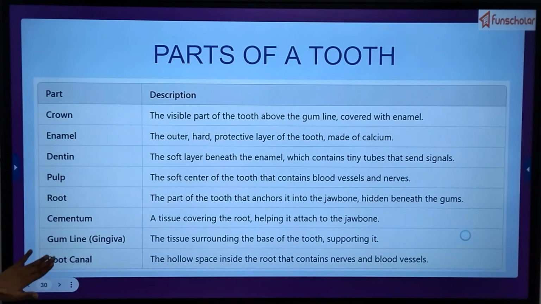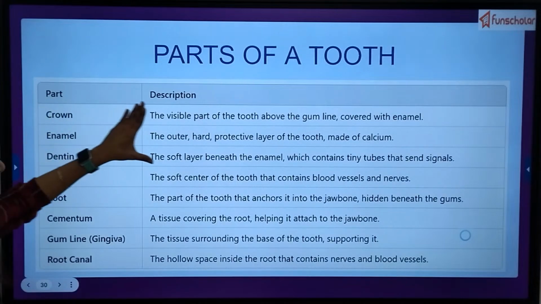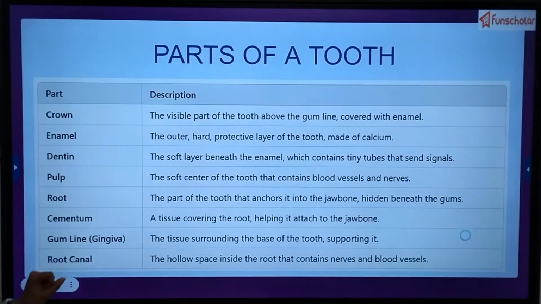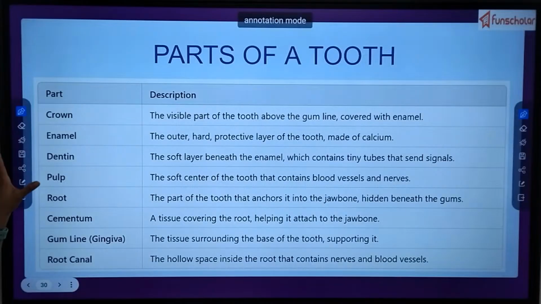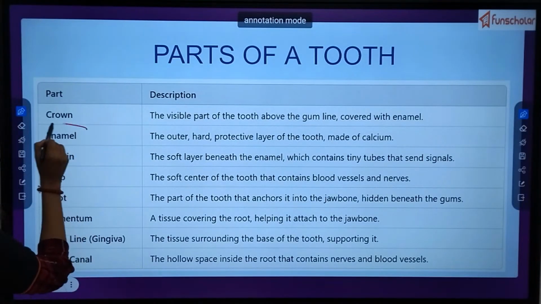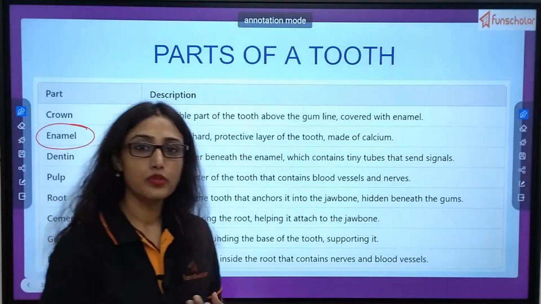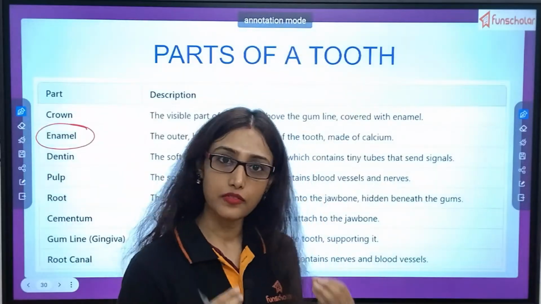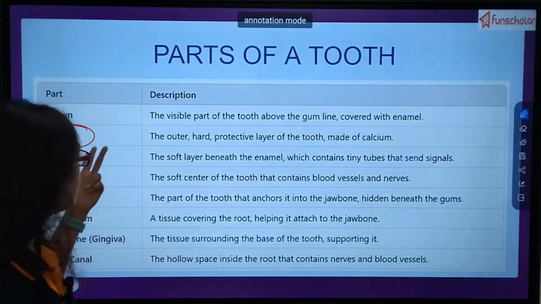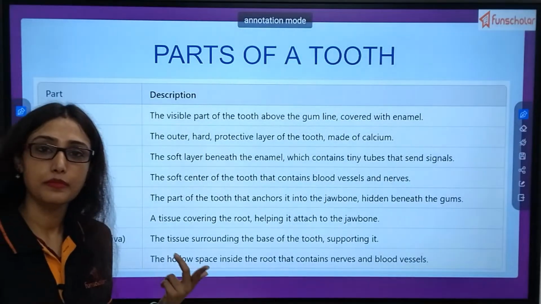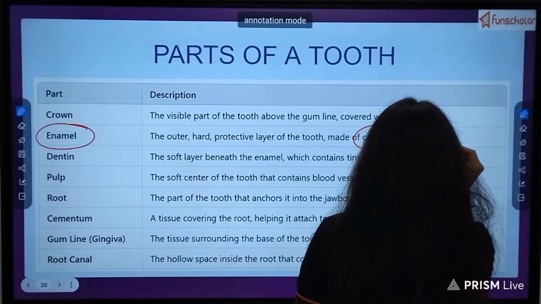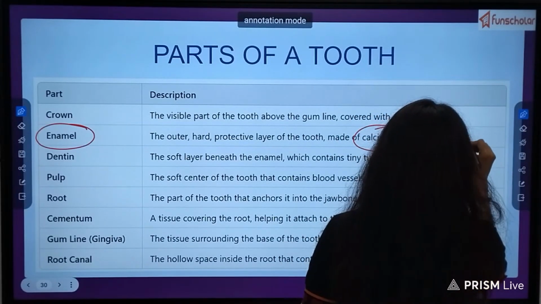See, this part you can take a screenshot. I have written within one line everything, so that it is easy for you to remember. Okay? And another important question from this is enamel. We often use the term that calcium is good for our teeth, right? We know that thing. So this enamel or harder protective covering is made up of calcium. That is why we say that it is very important